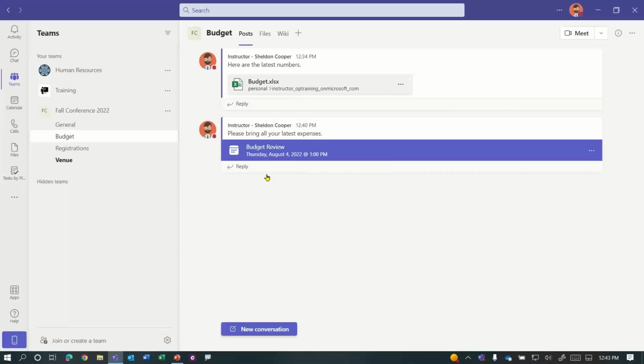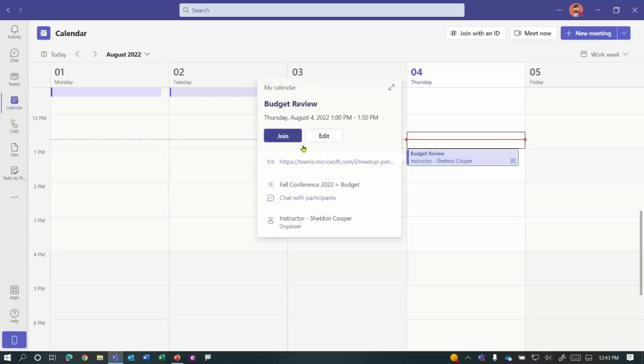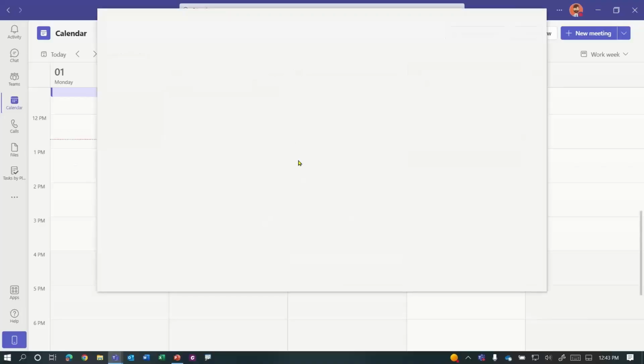All right. Now let's take a look at how to join a meeting. Now for this, I'm going to turn off my webcam here because I want to show you how Teams utilizes it. So whenever you're ready to join a meeting, one way you can do so is to go back to your calendar and click the meeting. Now, once it's time for the meeting, you'll actually see a join button right there. But if you want to join a little early, you can select it and click join.